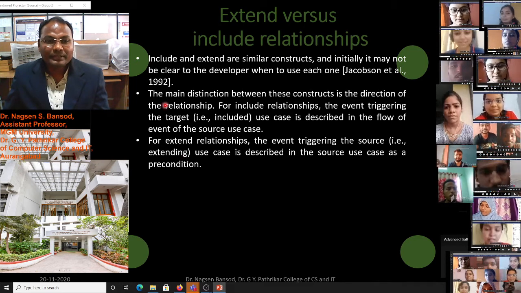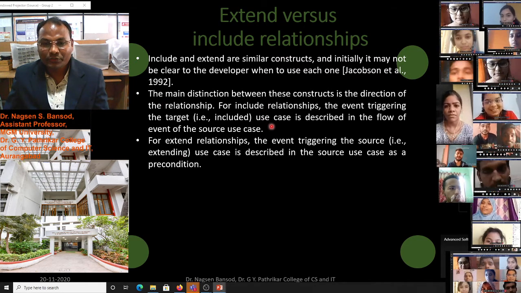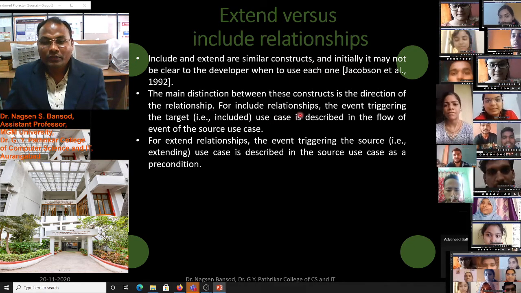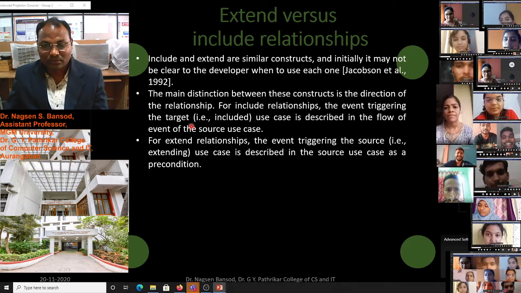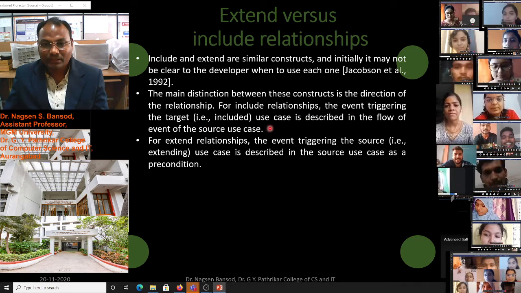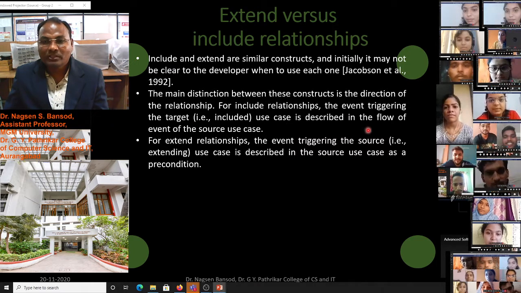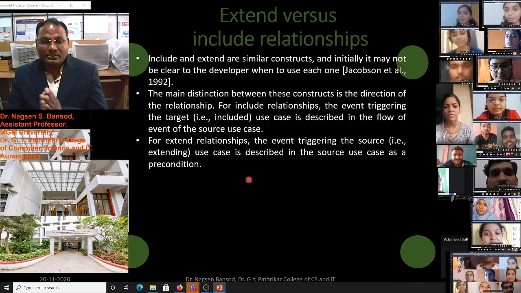The main difference between the extend use case and include use case is that for the include relationship, the event triggers the target that is included, and the use case is described in the flow of events of the source use case.